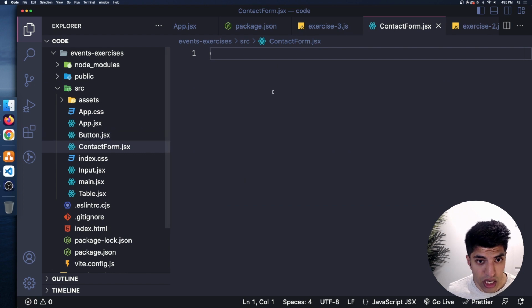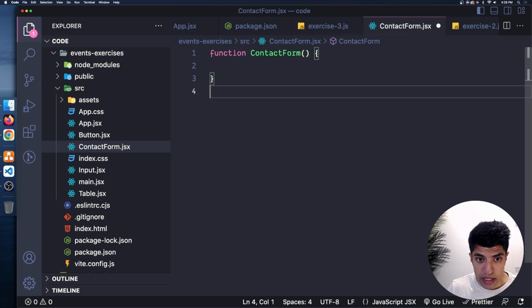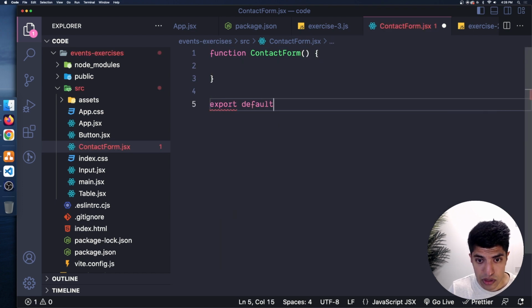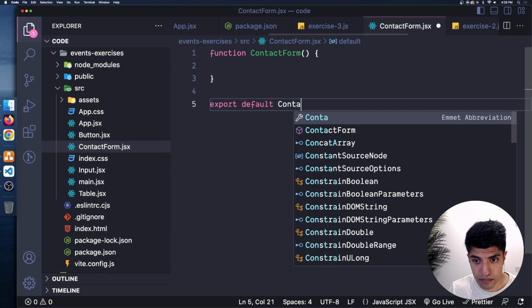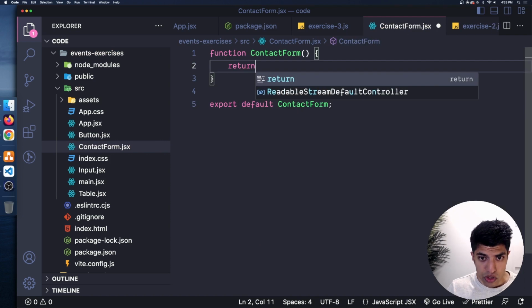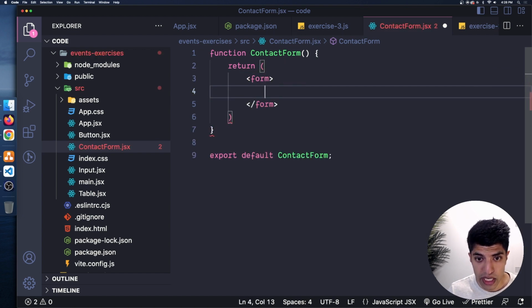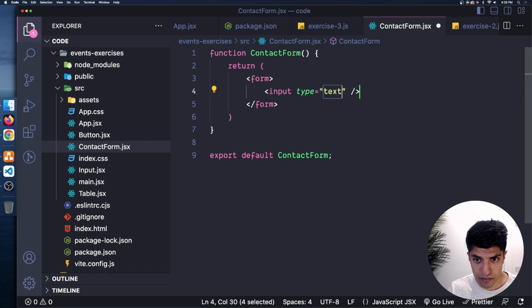And in here, I'm going to create a function. I'll call this ContactForm. And I'm going to export default ContactForm. There we go. And in here, I said I want to return a bunch of JSX. So I'm going to say this is going to be a form. And inside of there, I'm going to have an input. Type is text. And I want to have a name is equal to